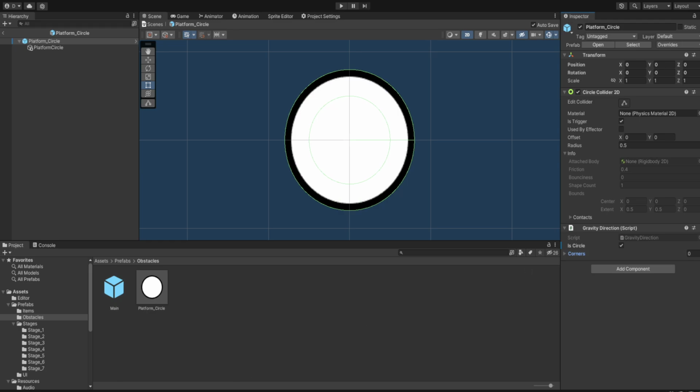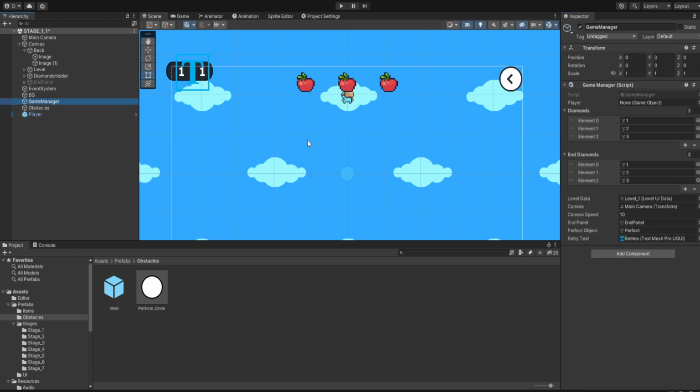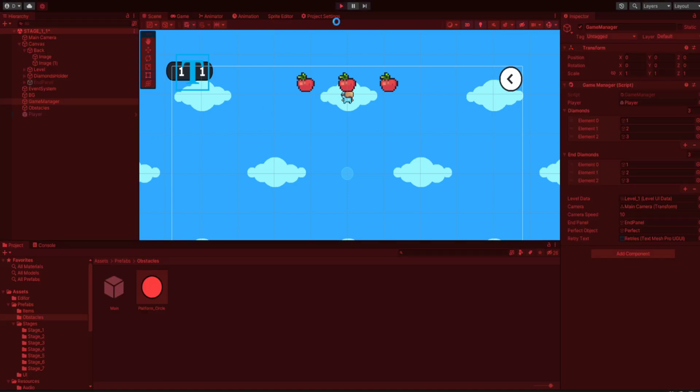Yeah, let's just set this circle to true, and inside our player, is anything else needed, the search radius, let's set it to 1000, and we'll apply it to the prefab, and let's go inside our game manager, and we need to assign our player. And we already assigned the main camera, so let's hit play. There should be some problems, but